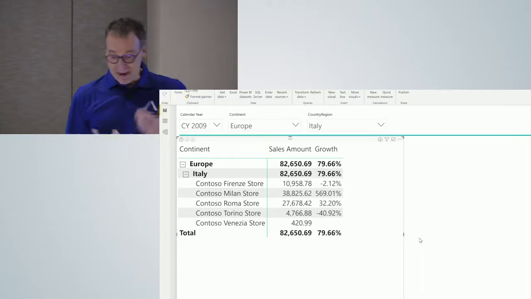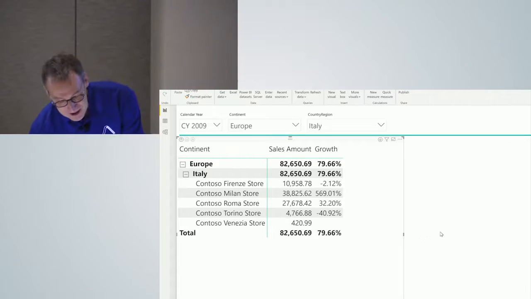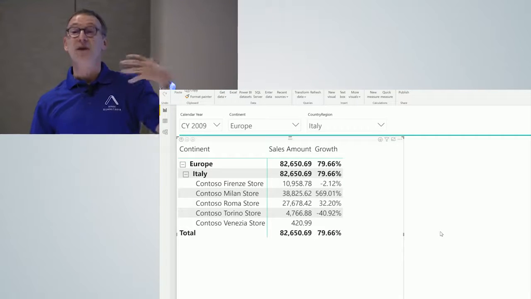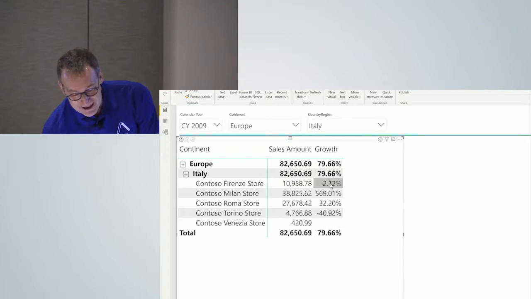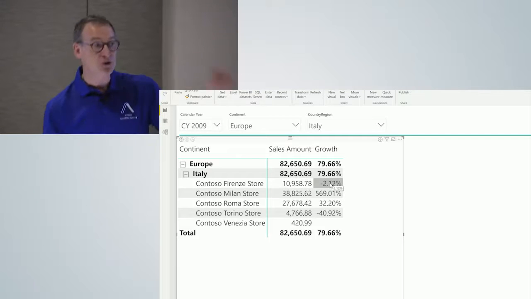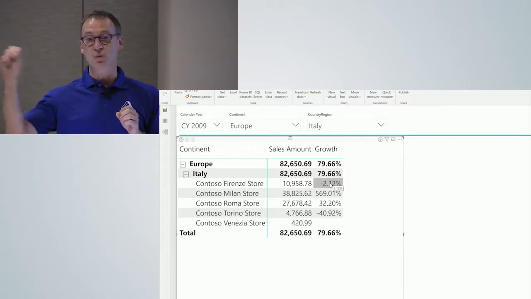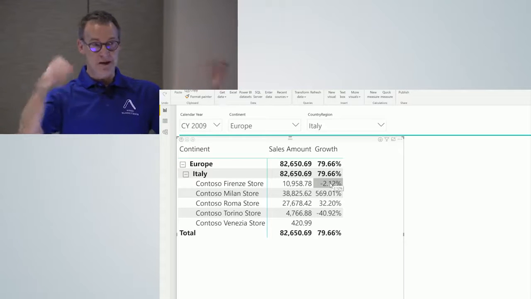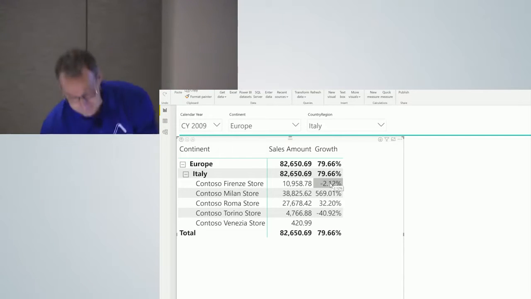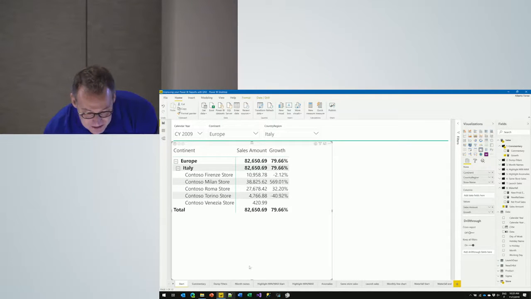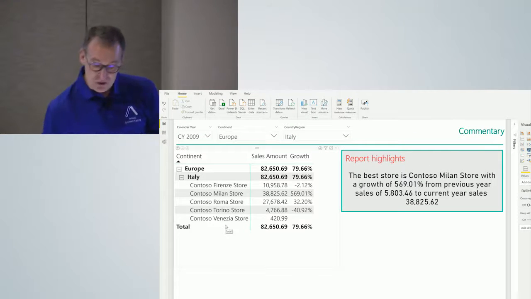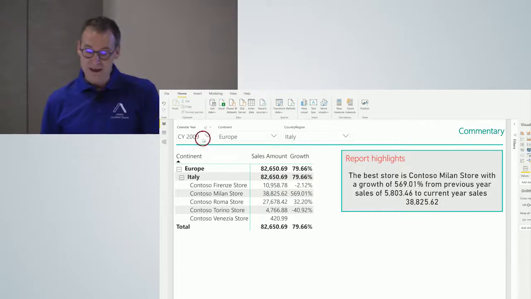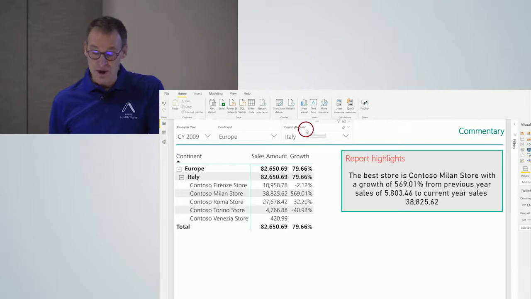So one thing that might be the first useful idea is to already give the conclusion to the user. Whenever I see growth, it's very likely that a user starts to search for what is the best store, what is the worst store, and how are things, what is the content of my data. So the first thing that you can do is build a measure in DAX that already provides the relevant information to the user. Whenever you make a selection by year, continent, country, region, or whatever, you create just a giant